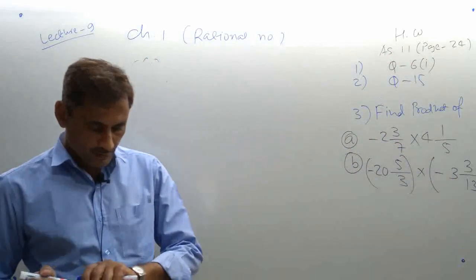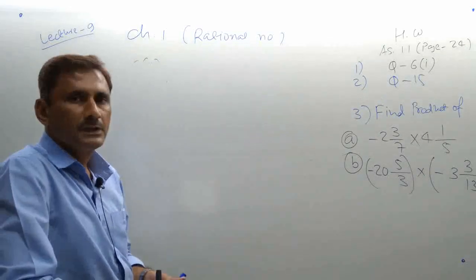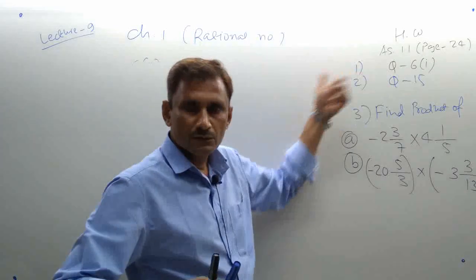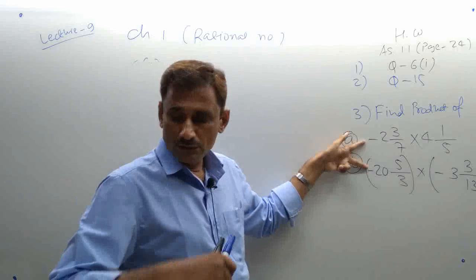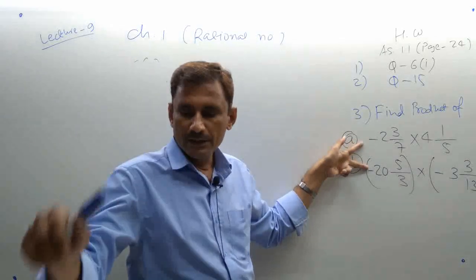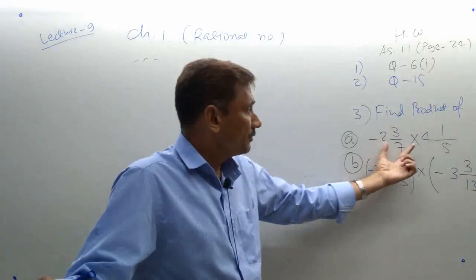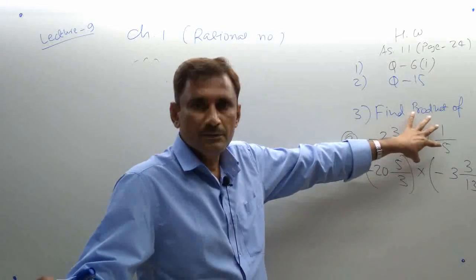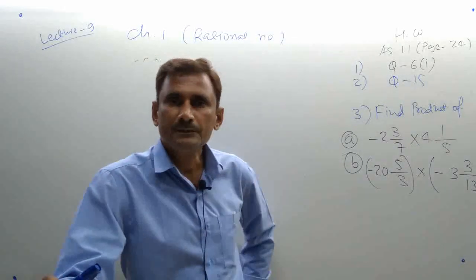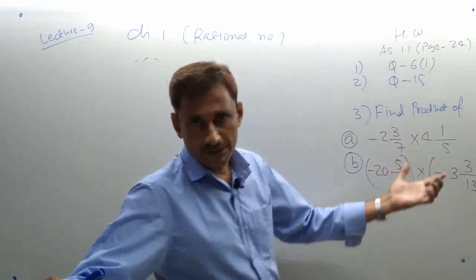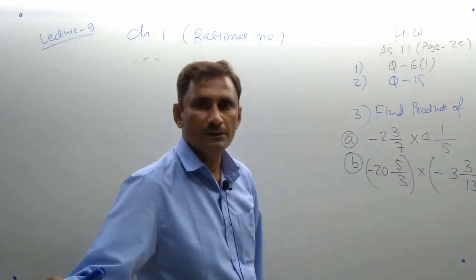Okay, so these are the topics in today's homework. How to solve these two consecutive sums, we already solved. We already solved one same type of example there, example number 13. What to do first of all? Get here the improper fraction. After getting the improper fraction, just multiply them. If cutting is there, okay, then just multiply numerator, numerator, denominator, denominator.